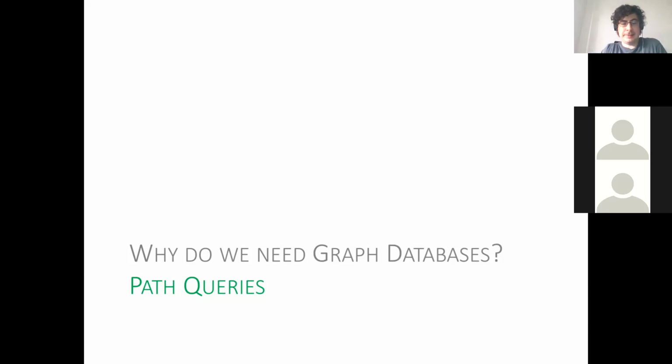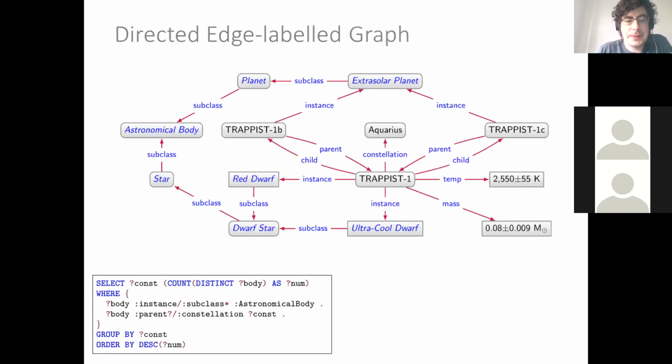Second good argument for graph databases is that they're useful for path queries. So in this directed edge-labeled graph, for example, if we want to find all instances of astronomical body, we see that we have nothing that's an instance of astronomical body directly, but we have TRAPPIST-1b, for example, that's an instance of an extrasolar planet, which is a subclass of planet, which is a subclass of